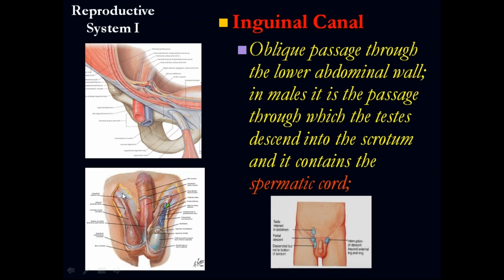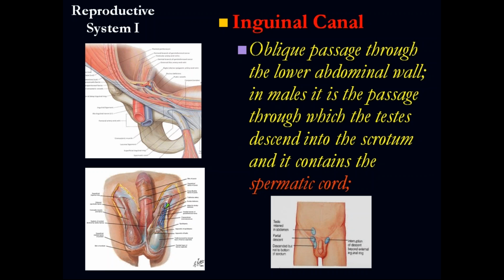If you see here, that is the exit of the inguinal canal. If you put your hands in your pockets, like in your pants, that is about the direction of the inguinal canal through the lower portion of the abdomen. Now, this canal, we are going to see, is like a tunnel, like a channel. It's a virtual channel. So it's like a tunnel. Inside this tunnel is going to pass the testicle.